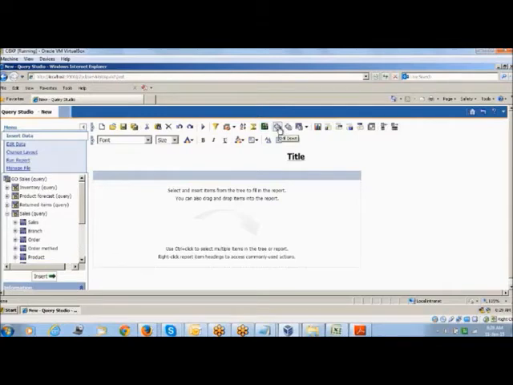Drill down means, you know, for the drill down and drill up process, we need to go to the analysis package. Now we are in the query package. So I will open the analysis package after completing all the basic things. I will open the Go Sales analysis package and show how to drill down and drill up. Drill down means year to quarter, quarter to month. Drill up means month to quarter, quarter to year, from lower to higher. So drill down, drill up.